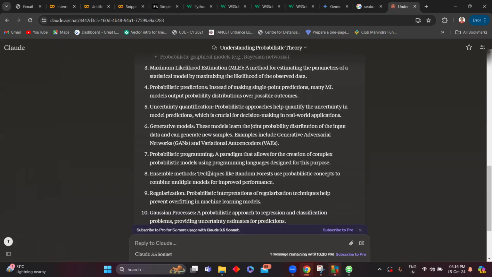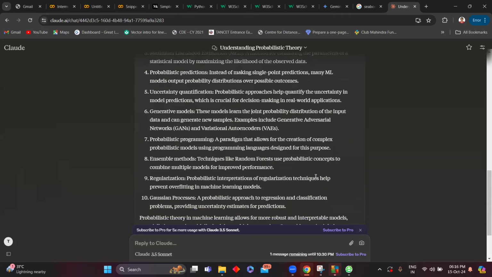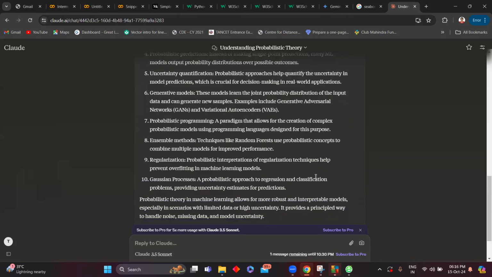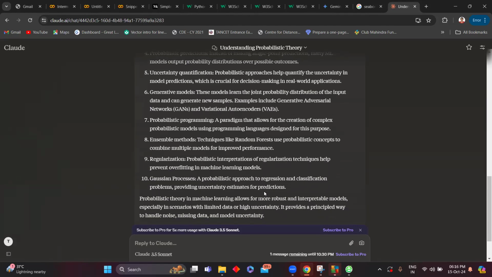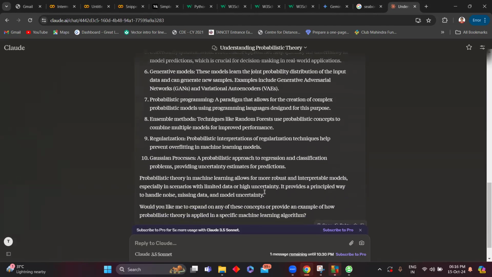Probabilistic programming, a paradigm that allows for the creation of complex probabilistic models using programming languages designed for this purpose. Ensemble methods: techniques like random forest use probabilistic concepts to combine multiple models for improved performance. Regularization: probabilistic interpretation of regularization techniques helps prevent overfitting in machine learning models. Gaussian process, a probabilistic approach to regression and classification problems, providing uncertainty estimates for predictions. Probabilistic theory in machine learning allows for more robust and interpretable